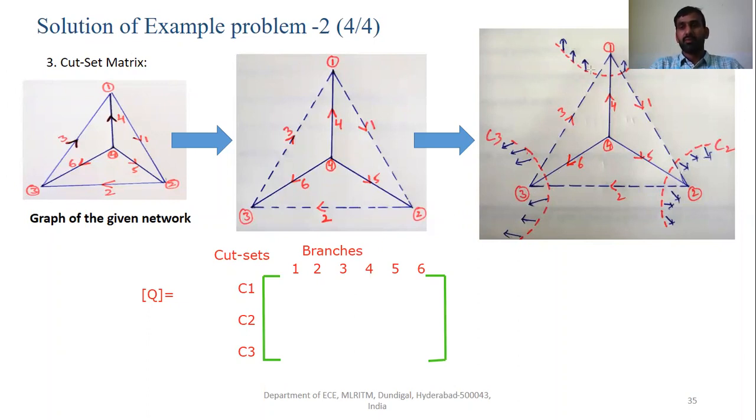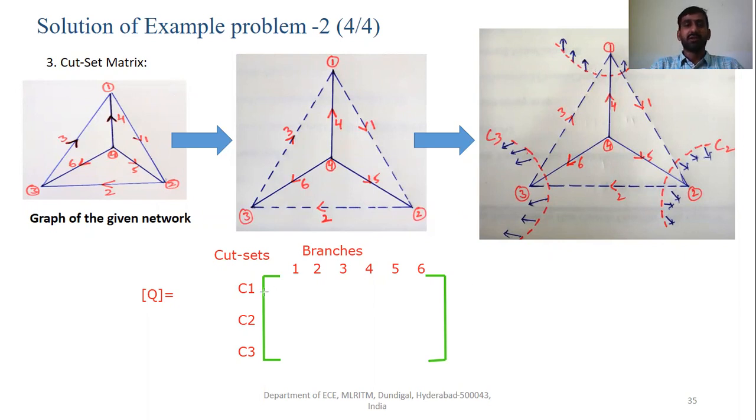The element is equal to 0 if the particular branch is not coming under that corresponding cut set. The value is equal to 1 if the reference direction of the cut set is the same as the corresponding branch in that cut set. It is equal to -1 if the branch direction is opposite to the reference direction of the cut set.